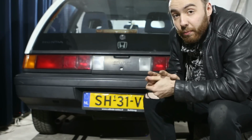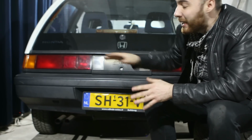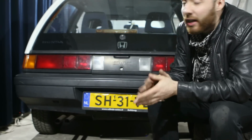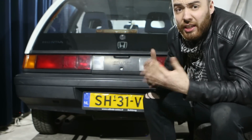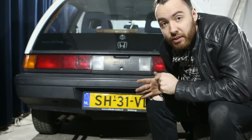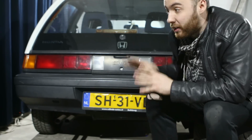If you had the proper ones, then they had a red clear plastic center garnish, so basically you have one big mono tail light instead of two separate ones, which I think look a whole lot better. I haven't found one yet because they're very rare and very expensive, and I just got the car, but